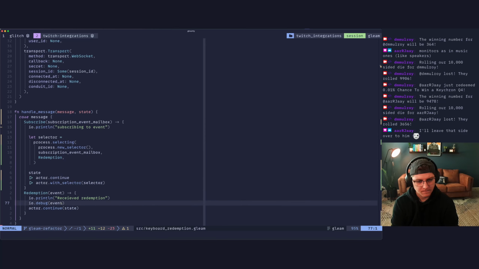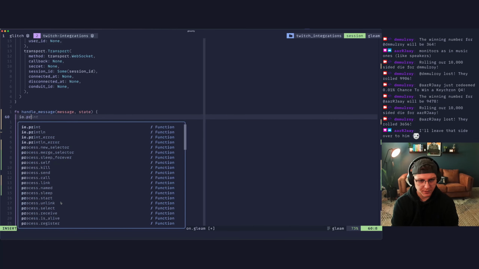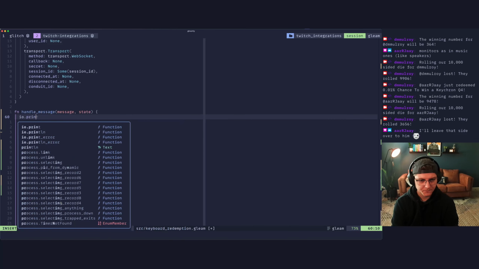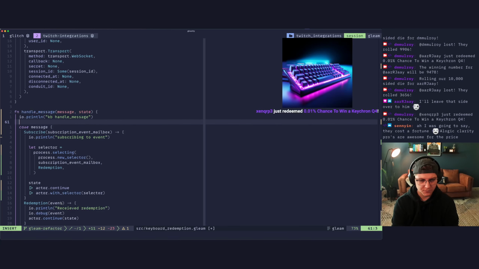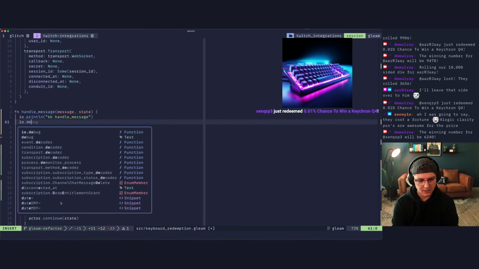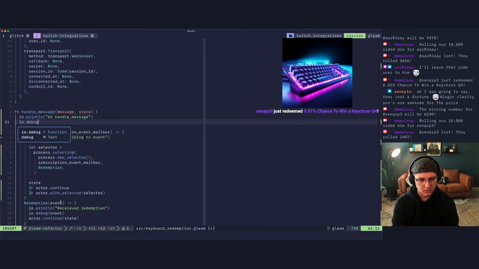I'm guessing this is what crashed right here. So if we do an io.println, and we'll just say keyboard handle message, and then let's just print the raw message, io.debug message.